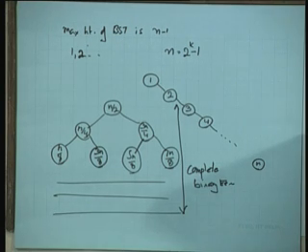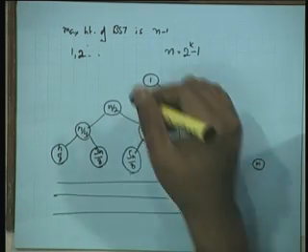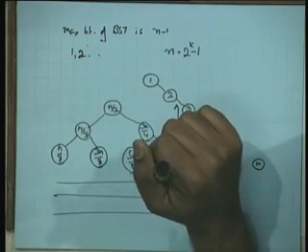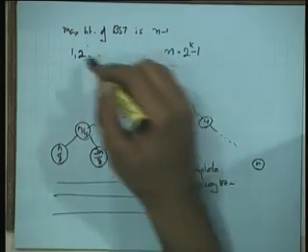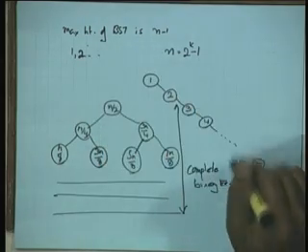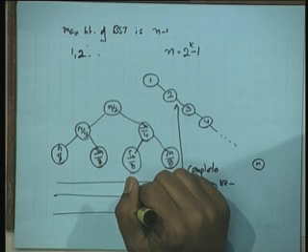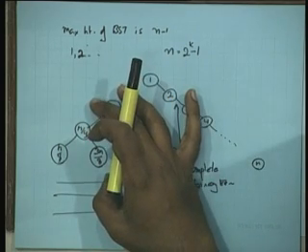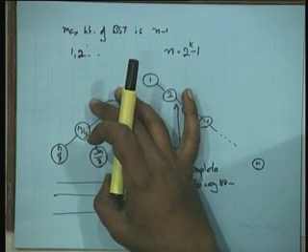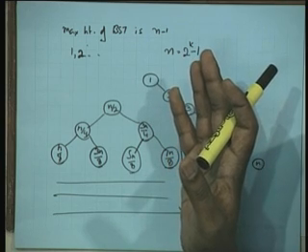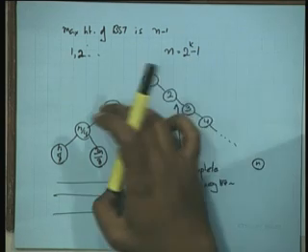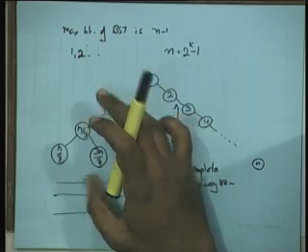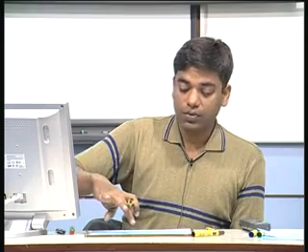Okay. So, in the next class we are going to ask ourselves the following question: if I were to take a random permutation of these elements. If I put the elements in ascending order, then I get a bad tree. Why am I calling this a bad tree and this a good tree? Because of the height. This has a huge height, this has a small height. Why is height so relevant? Because all our operations depend upon the height of the tree. The smaller the height of the tree, the faster the operation is. So, we would like to keep the tree height as small as possible, and we do not really want trees of this kind.